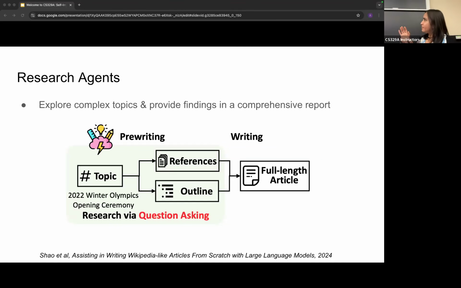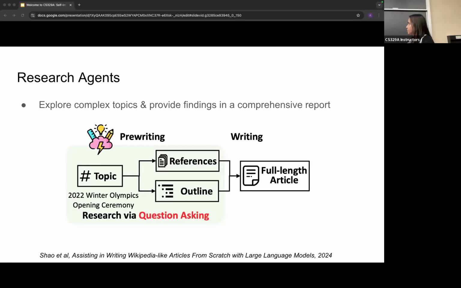But what makes this agent hard is that if you just use direct prompting and tell it to go write an essay, it will not be grounded. That's one problem, but it will also not have multiple perspectives. So what this particular paper proposes is that if you're trying to write, say, Wikipedia-level summary articles from scratch for a given topic, you have a pre-writing stage. It will go consult a whole bunch of references, cover diverse perspectives in researching a given topic. It will even come up with an outline. It will ask different questions, assuming these different perspectives, and then combine and synthesize all of them